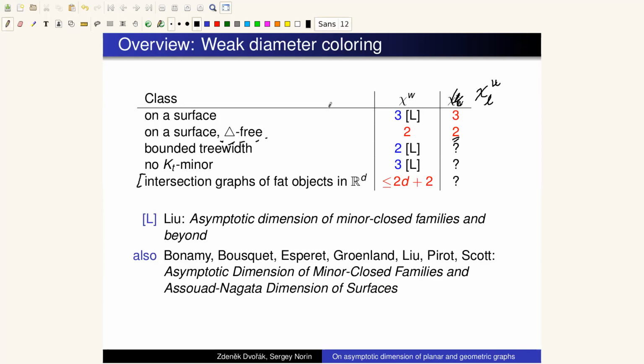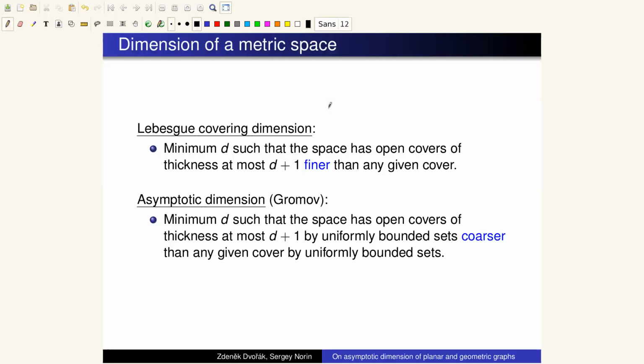Before I get to this argument, let me go to even greater generality and speak about asymptotic dimension. So, what is an asymptotic dimension? So let's start. What is a dimension of, let's say, a metric space? Well, there are different definitions, but the one that is relevant or motivating for the notion that we consider is this Lebesgue covering dimension, which says that